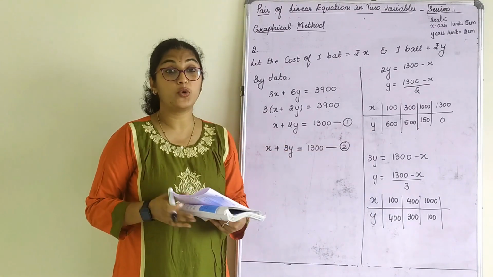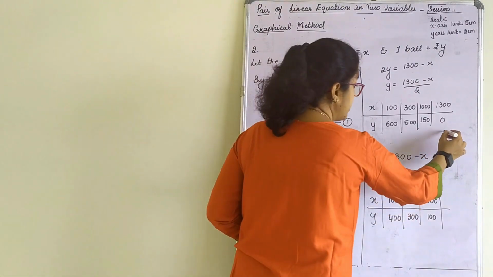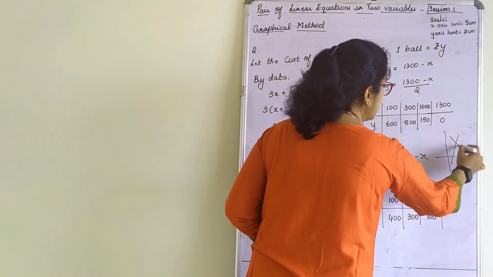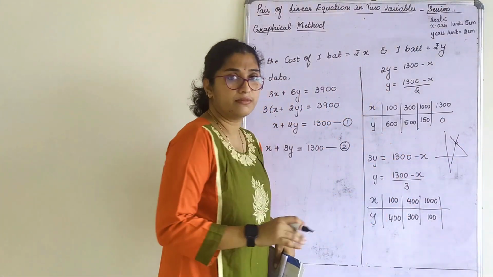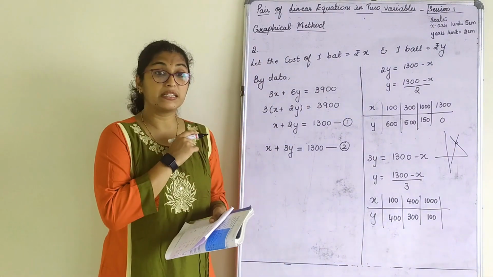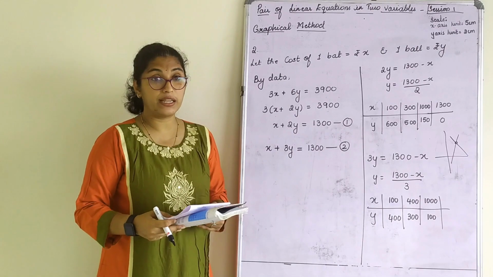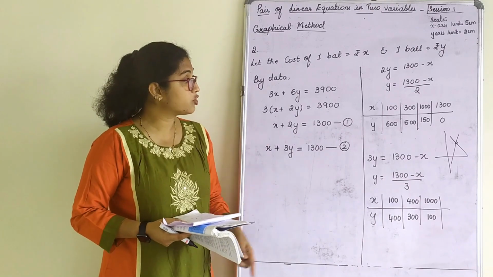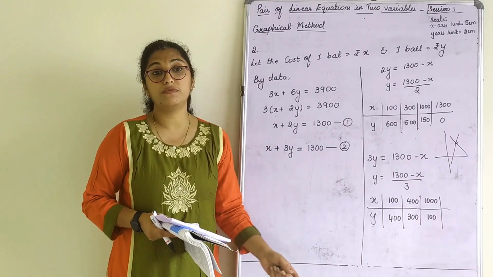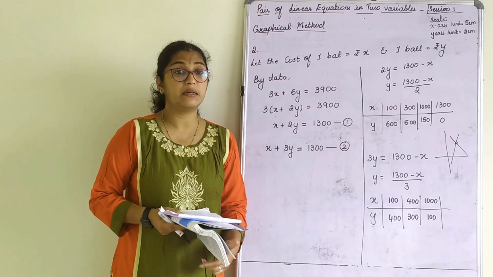This graph is also an intersecting graph. Intersecting means the lines will intersect at one particular point. The previous graph also was an intersecting graph. Let us see how the next one is going to be. Please copy this down. Now you will know what to do with this. Do this the same as the previous one.